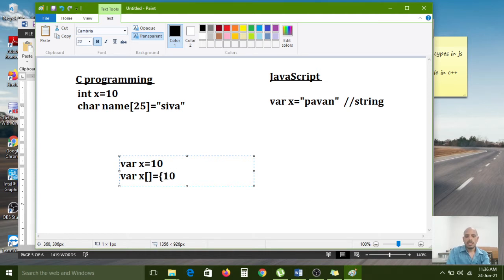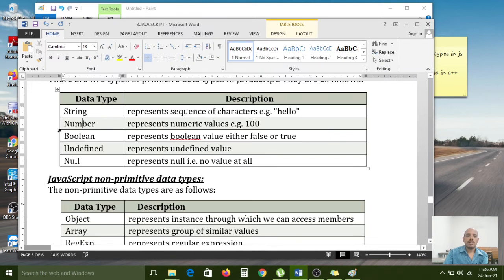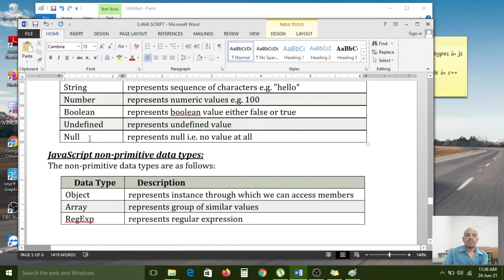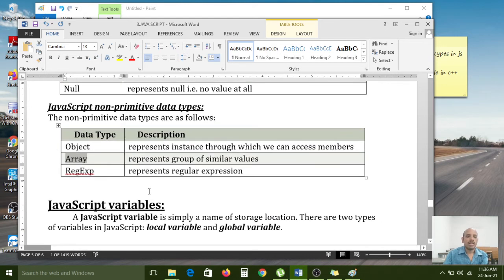So here 10, 20, 30, 40, 50, like that you can store, because that is the array type. So the non-primitive data types work based on the primitive data types. Array also works like that.